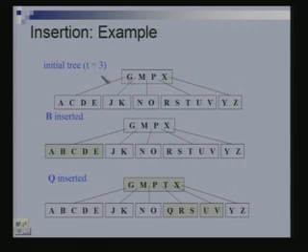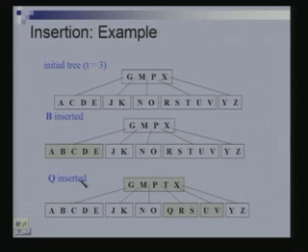Suppose this is the tree, and t is the value of 3. I am trying to insert B. First I come here, this node is not full, t is 3, so a node is full when it has 5 keys in it. So this is not yet full, so I can come down and B is inserted at this place.